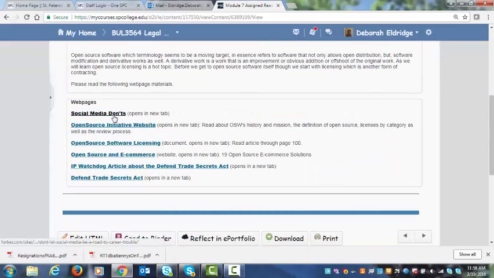have on tap. You've got social media don'ts, and a lot of this is common sense things that we shouldn't be doing. But also, very important, the Defend Trade Secrets Act. Now, that's a newer act because in the past, trade secret was governed only by state law. Now, the federal government came in finally, and they went ahead and they passed federal legislation that governs trade secrets as intellectual property, because trade secrets are such an important part of intellectual property, as we'll talk about in just